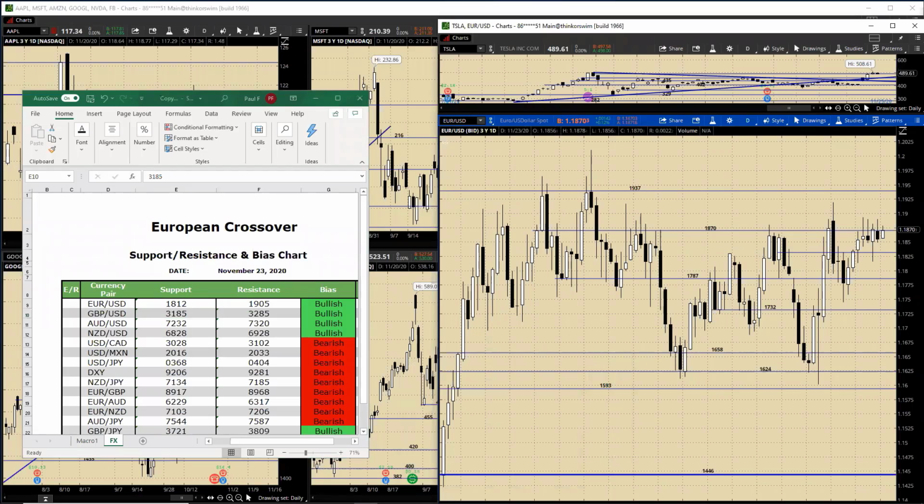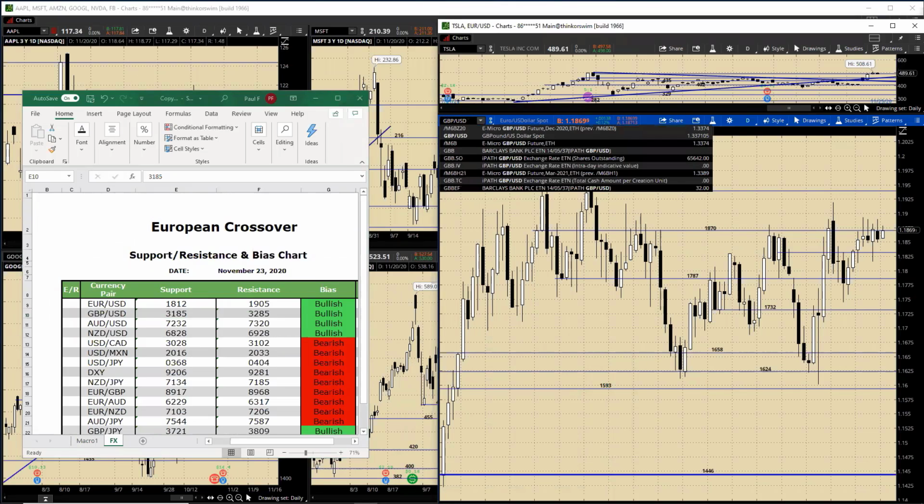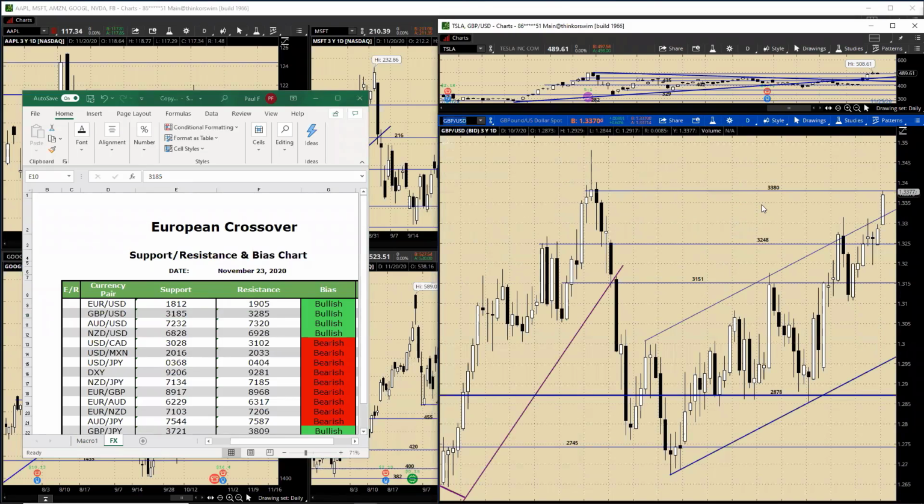And onto cable. And we were talking about this. It's going to be 3380, our bias chart resistance, because that is a key level right there. We just said that now. 3380. Obviously, these closings, it could even push a bit higher, but right there,